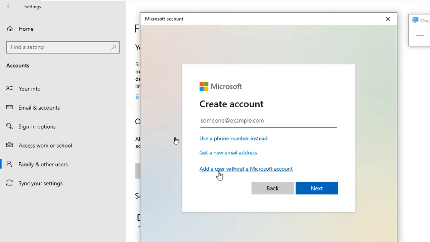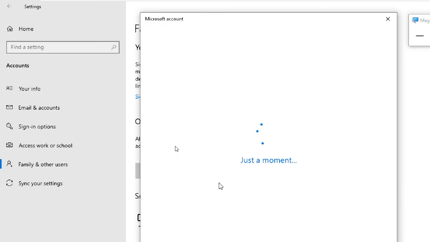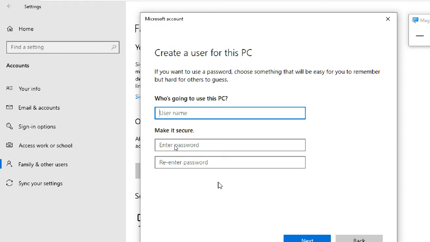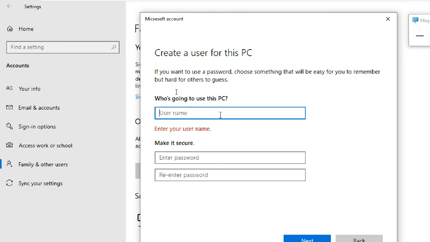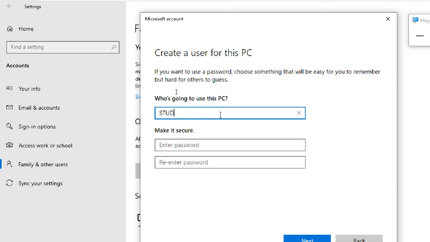Add a user without a Microsoft account. Username: student 2. Password, I'm not giving any password here. My first account, student 1, is automatically an administrator. Now student 2 is automatically a standard user.